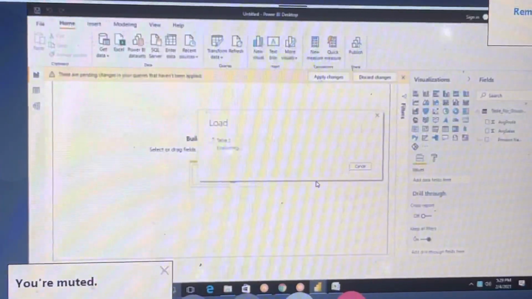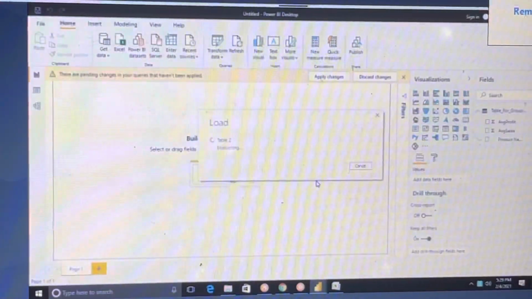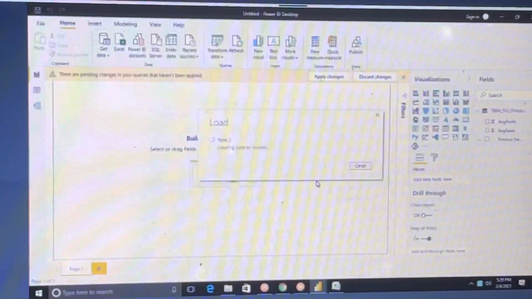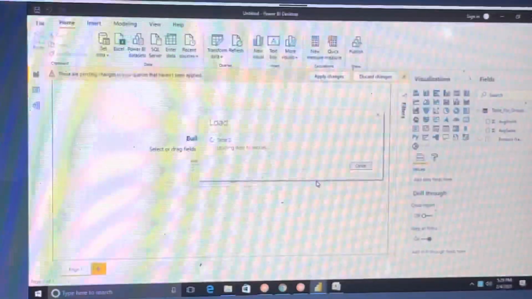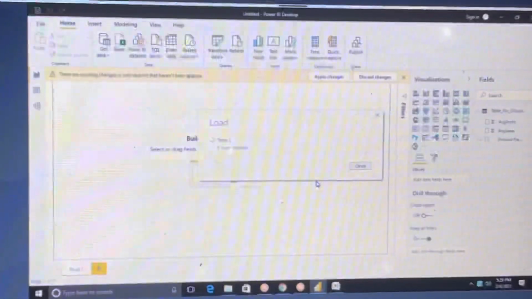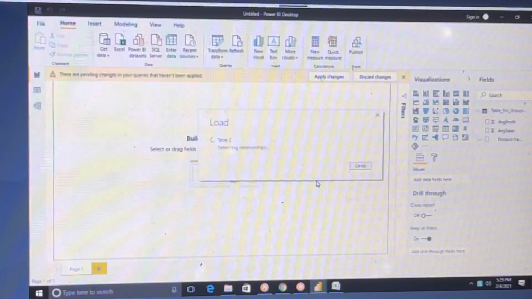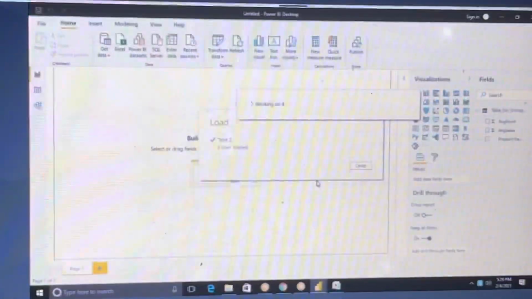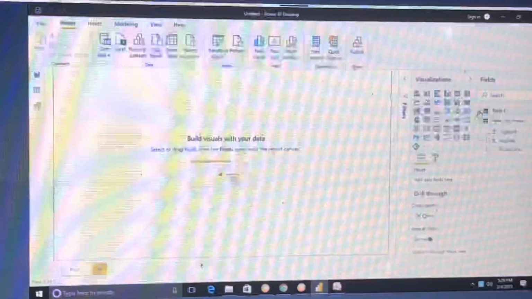It will take some time. See, now we are getting this data.